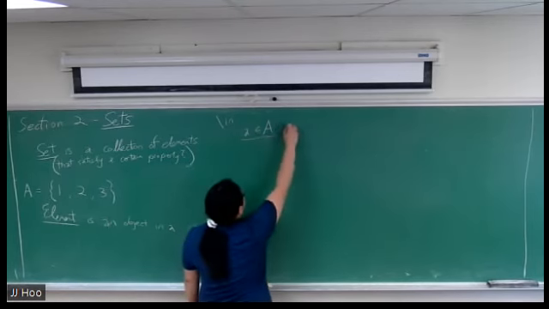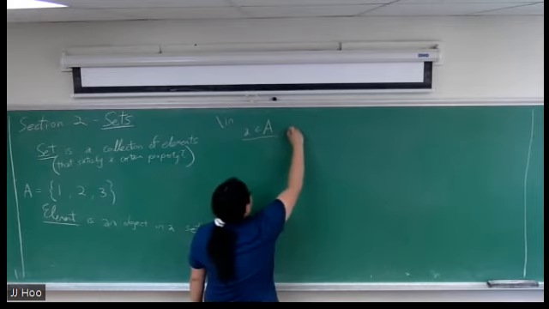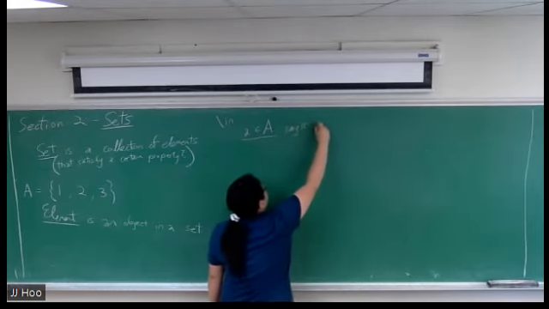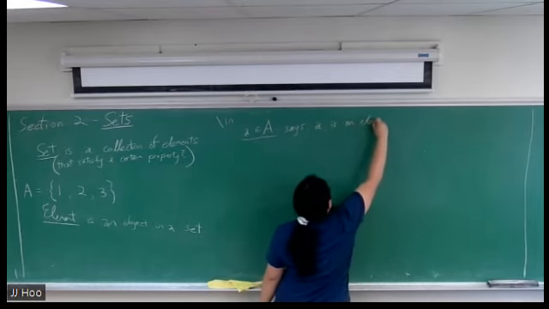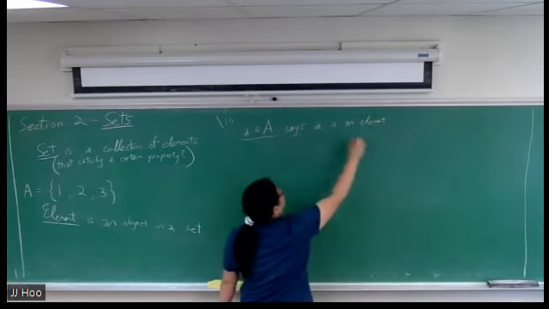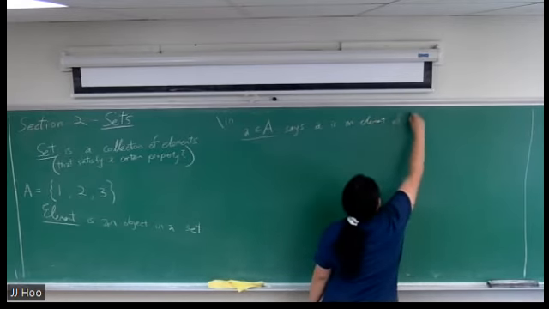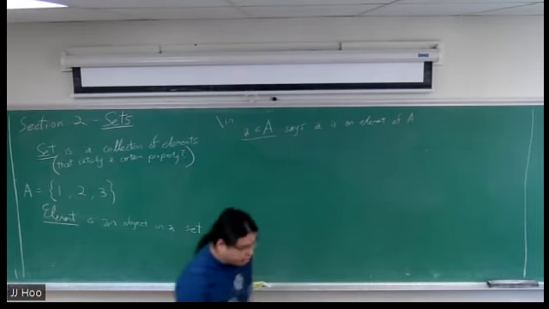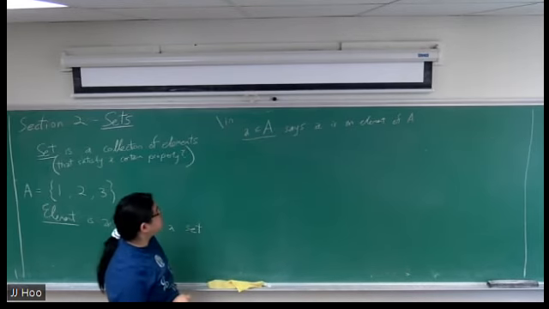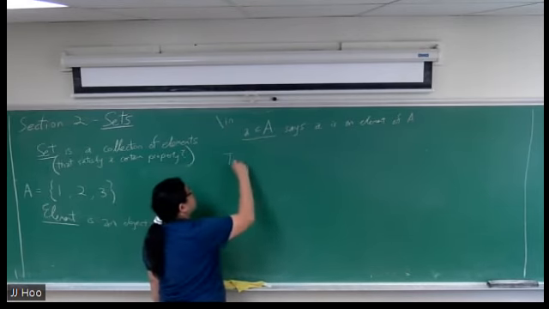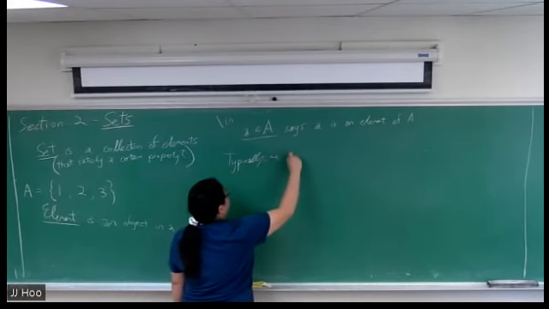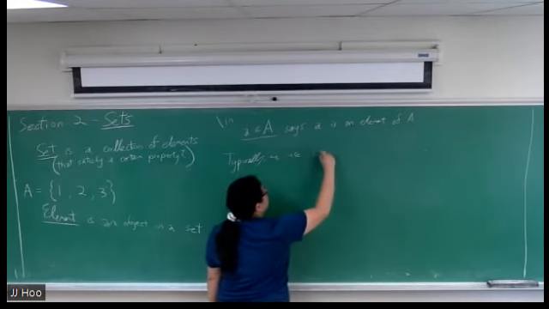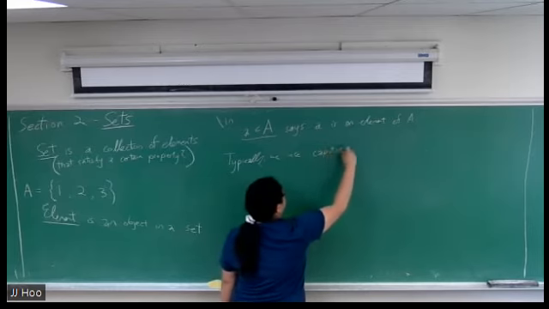So this says a is an element of capital A. Just a quick note here: typically, we use capital letters to talk about sets,